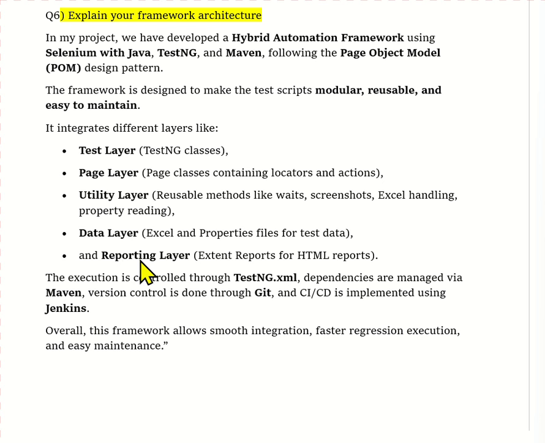Then there is a reporting layer. Reporting layer means it is integrated with Extent Report, which generates detailed HTML reports with screenshots for pass and fail test cases. And the last is the build and execution layer, and it uses Maven for dependency management and TestNG for the execution, and the complete suite is integrated with Jenkins for CI/CD and